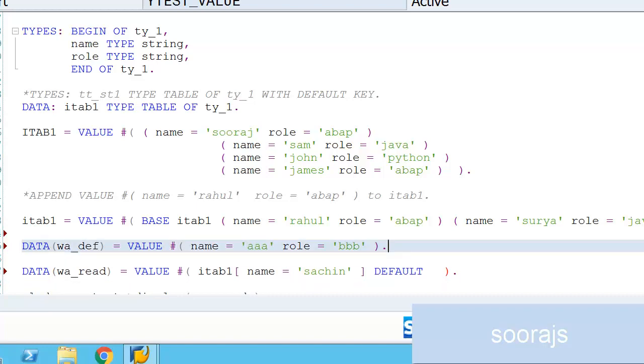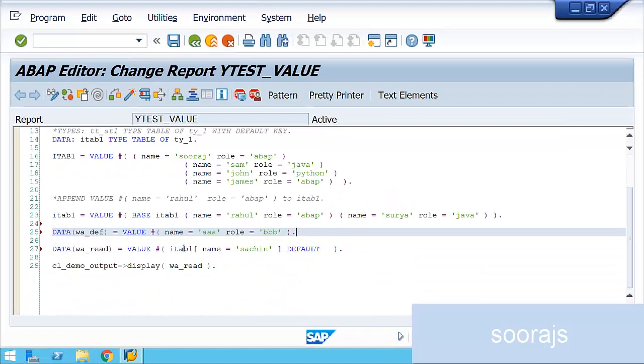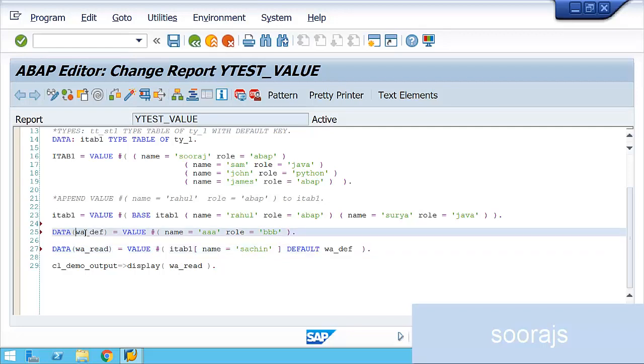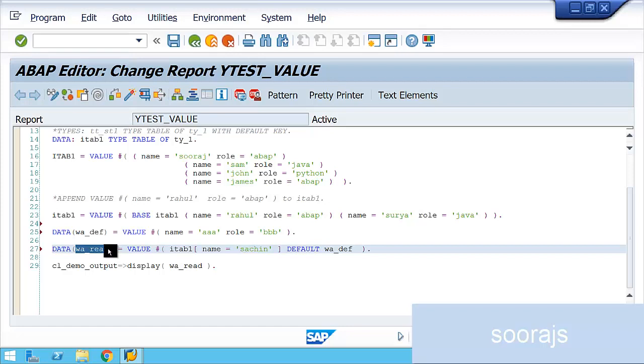Your requirement might be such that it doesn't make sense to give names and roles like this, but in your actual scenario, this might prove very useful, because once the line is not found, a default value based on your project requirement can be returned. That kind of development you can do. So I believe this is very useful if you have such a scenario in your project. What I'm saying is, if this line is not found, get this default value from w_def. So name and role will be returned to this w_read.